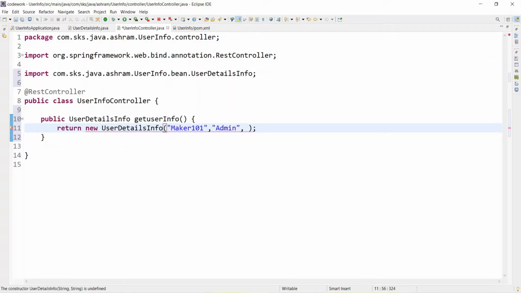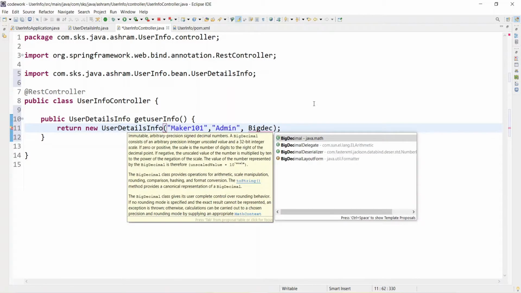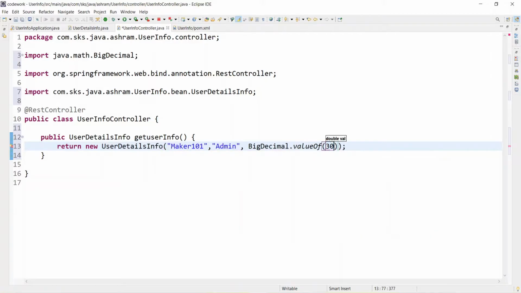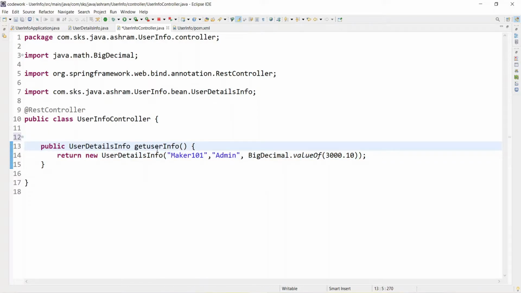And the amount, BigDecimal is declared, so BigDecimal.valueOf, and let's put 3000.10, right? That's it, and this method will return,